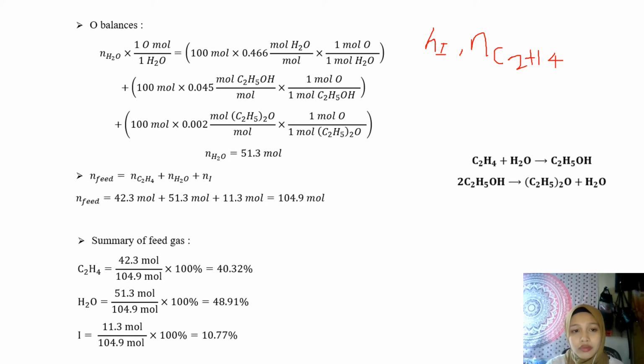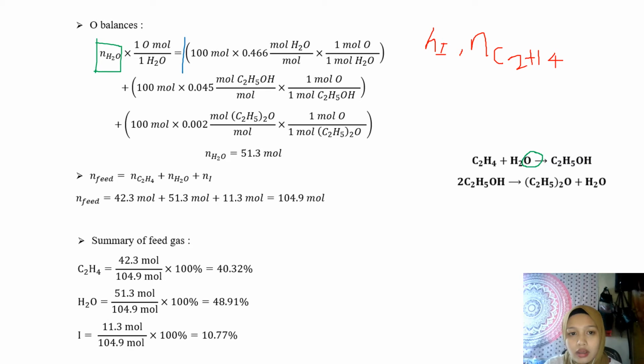Same as how we found the number of moles of ethylene, the number of moles of water at the input side, which is what we must find, multiplied by how many O in the species and divided by how many moles of H2O involved in the reaction, equals